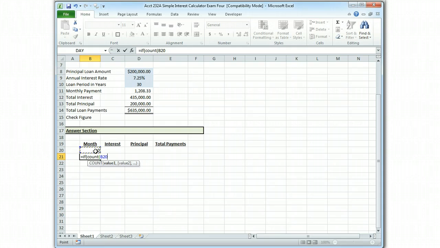And we're going to count every time that box gets larger. We want the number to go up by 1. So for our first line, we're just going to count that box by itself. But here is the number one problem I see on this exam. Students forget that when you name a range, you have to use a colon. Okay, so that will create a box that starts at the left and ends on the right. If you have a comma there, it's only going to count 2 boxes. Remember, we want 360 months for a 30-year loan, so that box has to get pretty big. So use a colon there. And the other thing you need to do, let's just hit